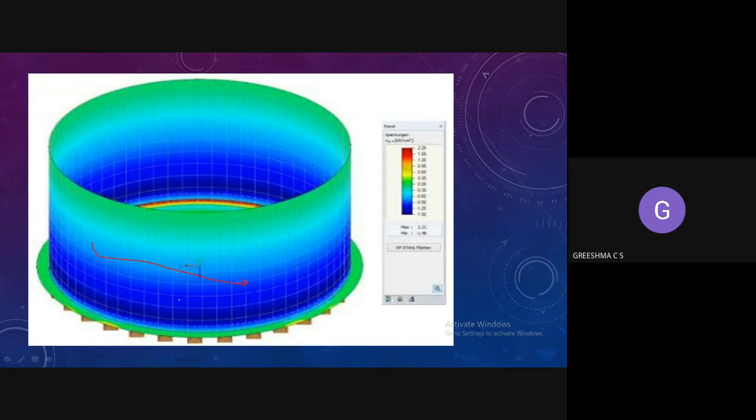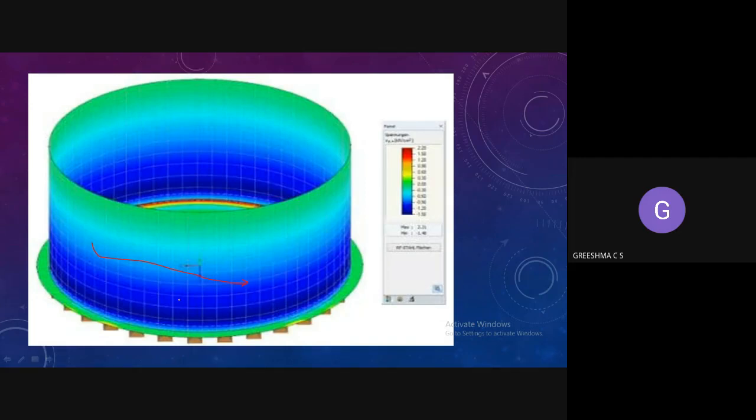So while providing the reinforcement, what we can do is that at the center portion we can provide reinforcement with less spacing. Now that we are using 20 mm diameter bars, at the center portion we can provide 150 mm center to center spacing. Coming to the ends, the load is less, moment is less, stress is less, so there you don't need that much reinforcement. At the center portion you need more reinforcement.